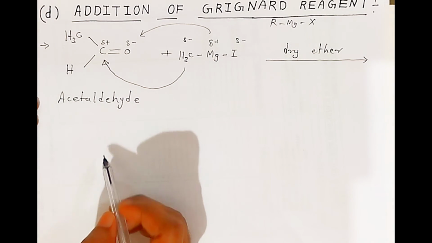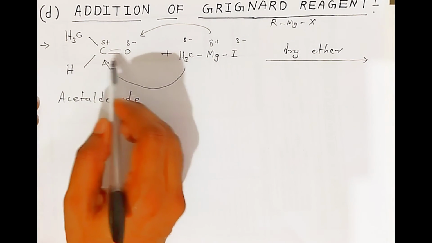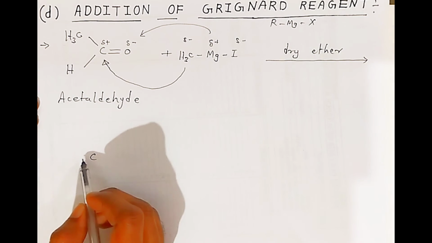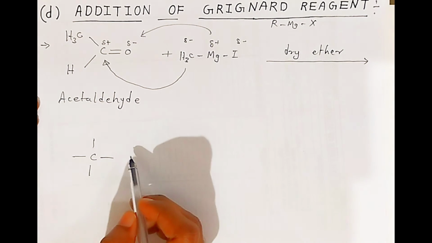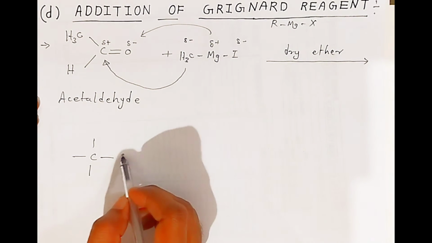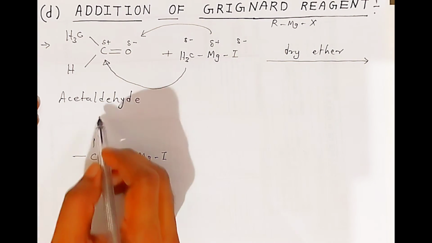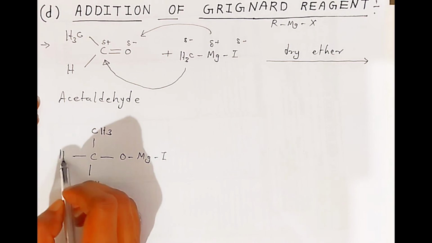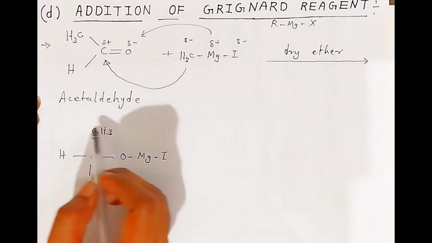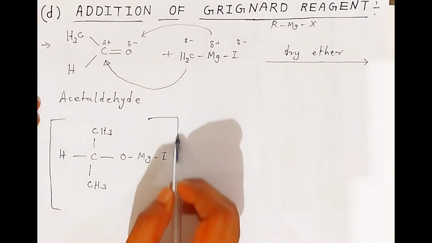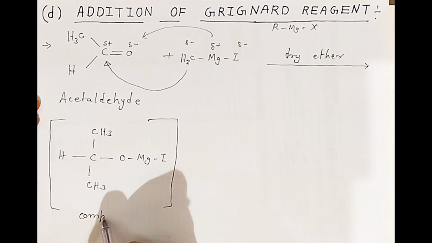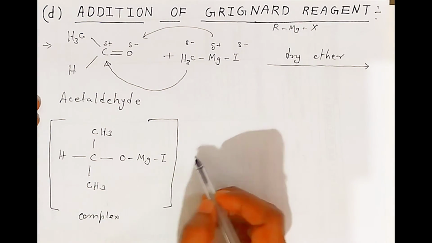So first, students, because of that the carbon-oxygen double bond will become a single bond like this, and your oxygen is added like this, and your methyl is going to be added. So this way, students, methyl and hydrogen will be as it is, and it is an unstable product, students. So we are going to keep it inside this box. It's a complex, students. So what happens, this complex then reacts with acidic water,